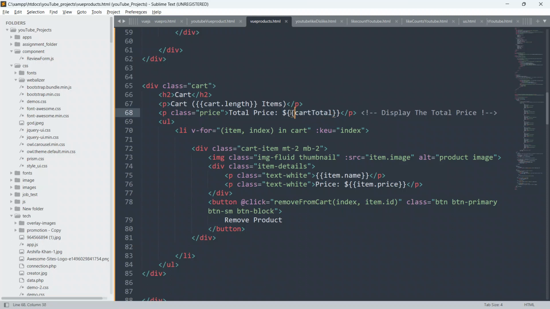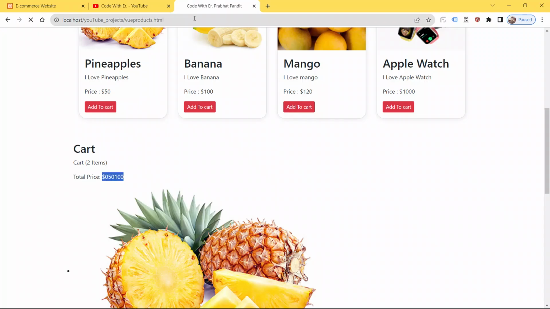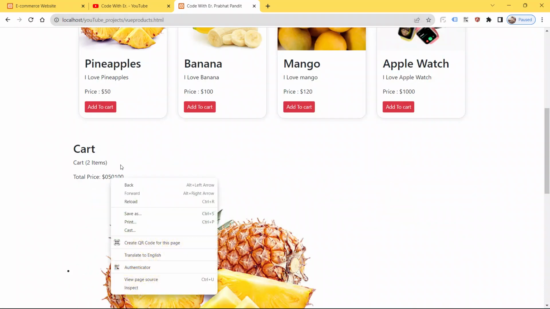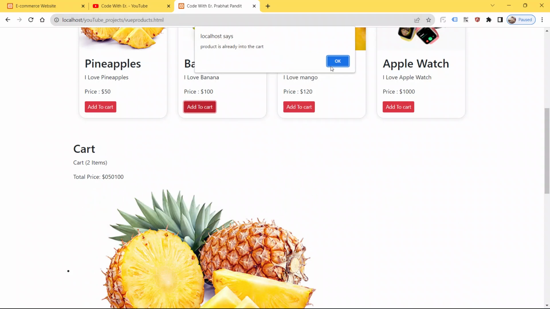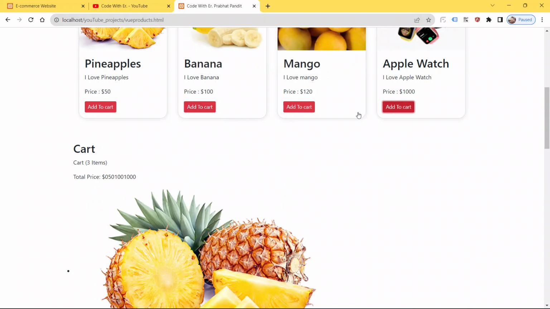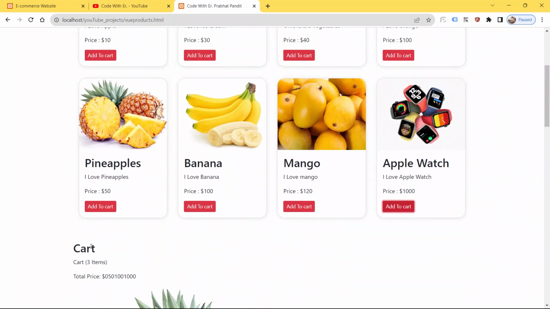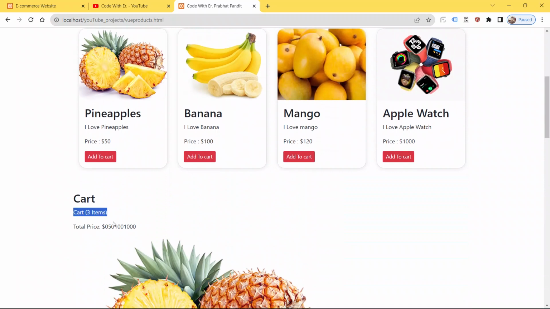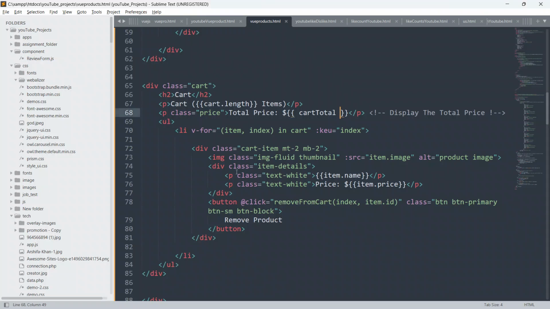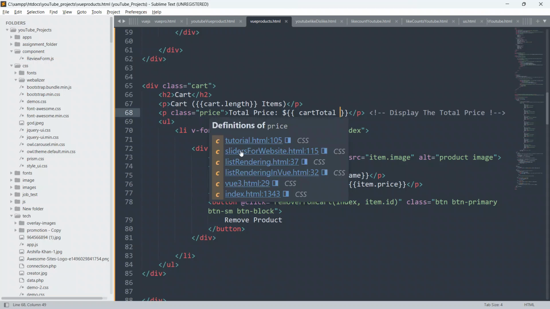Now just refresh the page. What is the issue guys? The product is already added. Yes, the cart item is being updated. As you can see, we have got 3 elements. So the cart items are being updated, but the total price is not being updated.